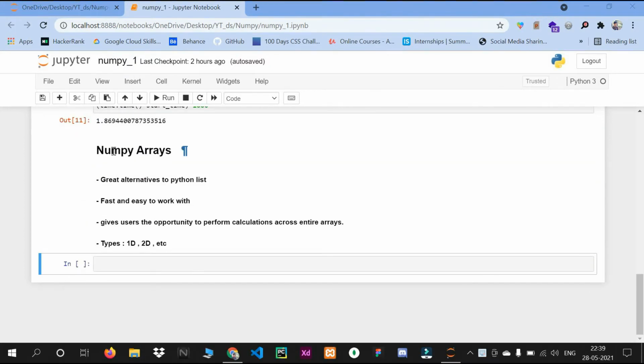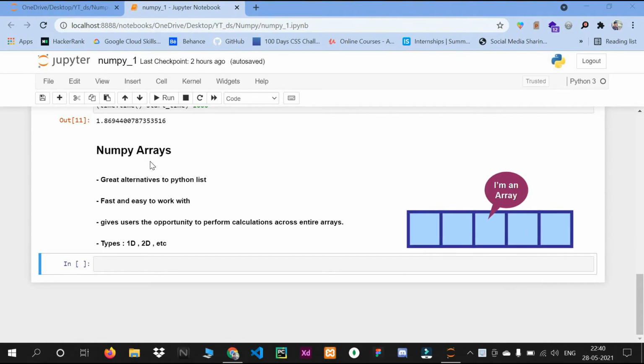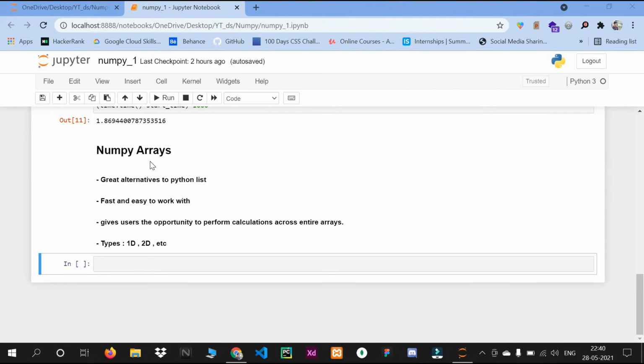So what are NumPy arrays? Arrays, we all know, are a collection of items which are stored in contiguous memory locations and have the same data types. It is the same with NumPy arrays, and they are a great alternative to Python lists.